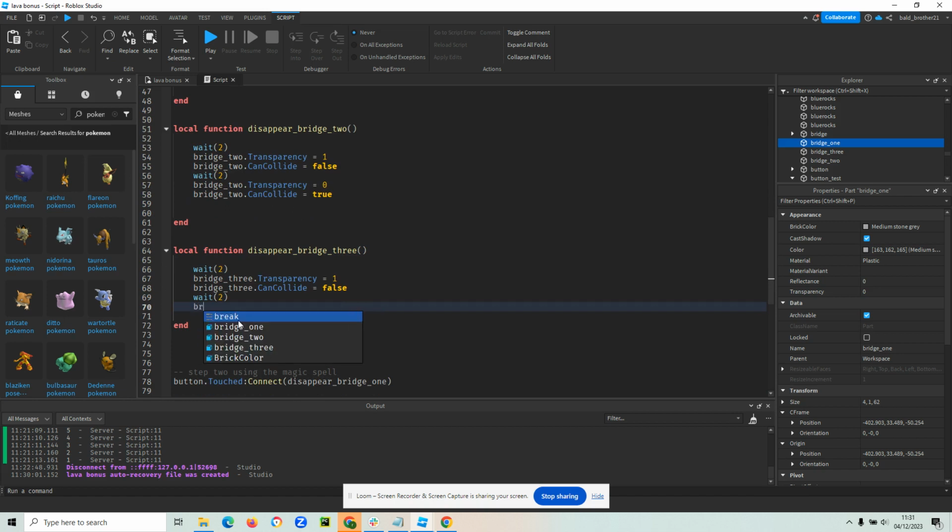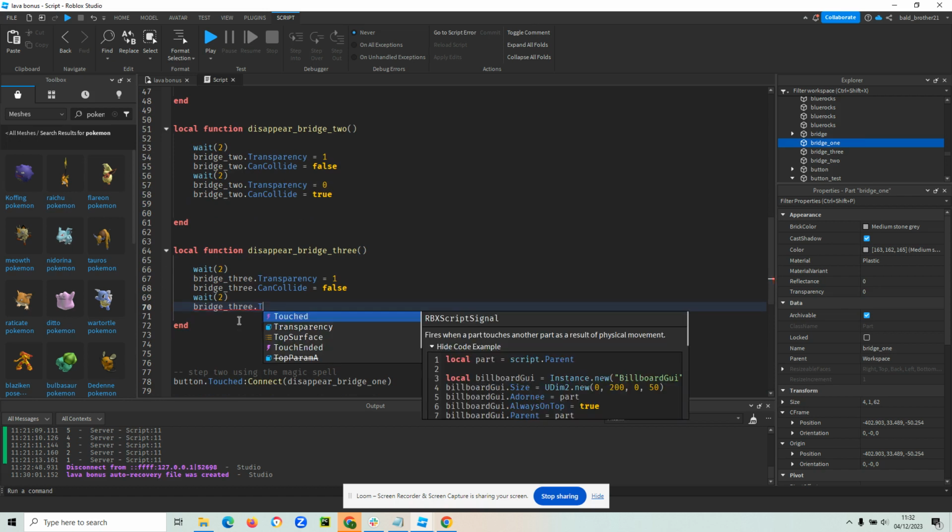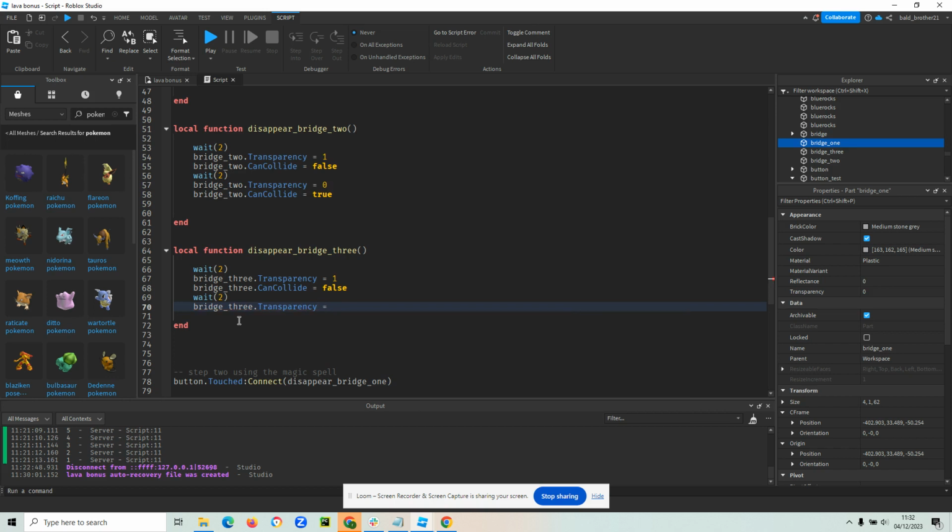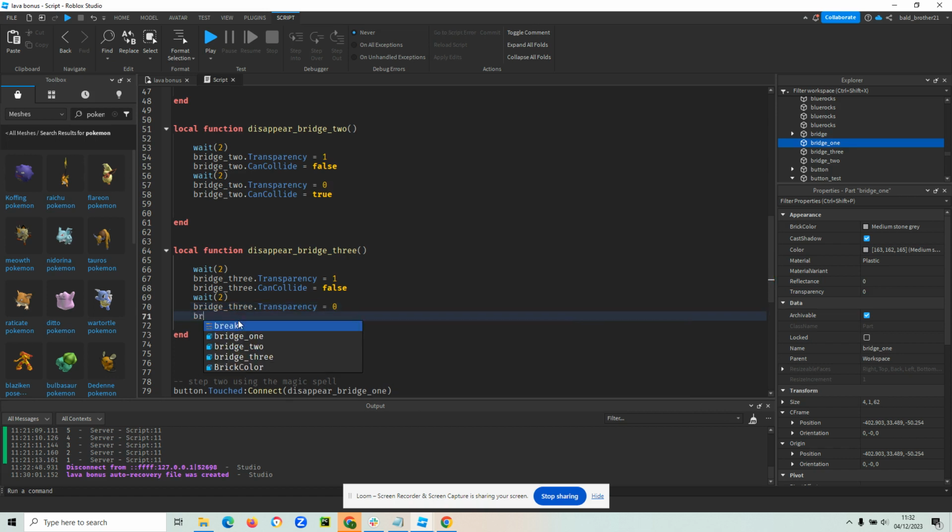And then bridge 3 dot, I'll do transparency first. Transparency equals 0. And bridge 3 dot can collide equals true. Right, now, if you make a mistake, then go right to the top here, where it says Home,